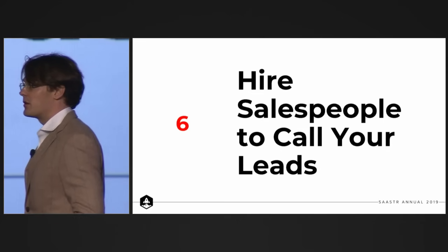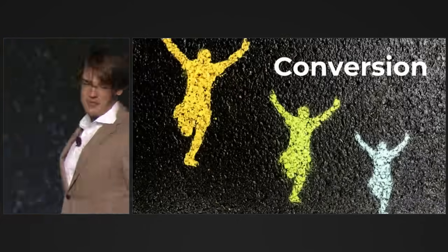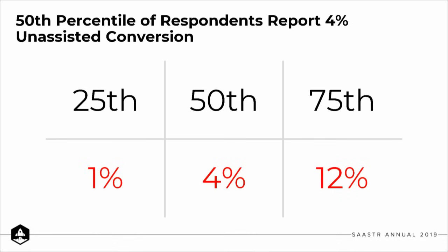So hire salespeople to close leads. Moving on to conversion. There's this number of 4%. Again, it's kind of part of industry jargon, that's the target. If I have somebody who comes to use a free trial, what fraction of the free trial do I actually